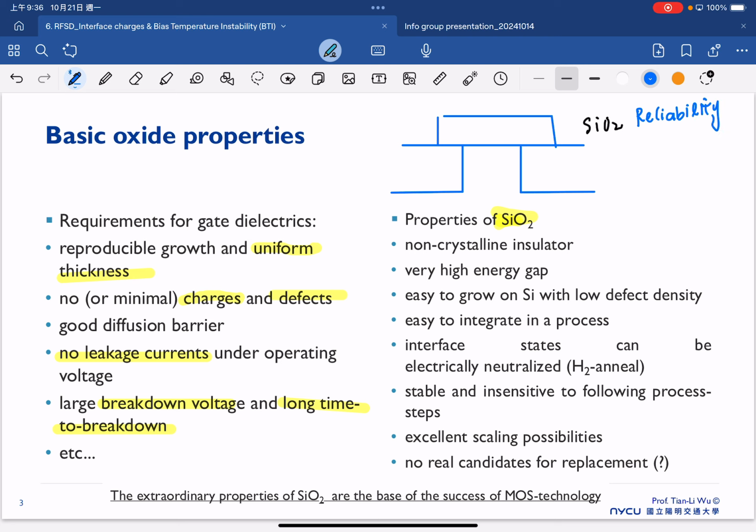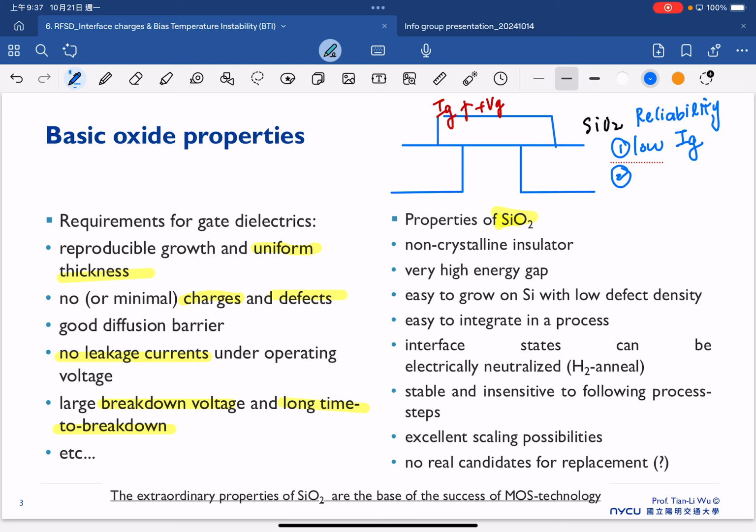First one, of course, we hope to have a good reliability. Usually we expect a very low leakage current. So we want to have a very low gate current here. That's because once we apply the gate voltage here, for sure we will start to induce a certain leakage current, but we hope our silicon dioxide can allow the transistor to have very low leakage current. And second,